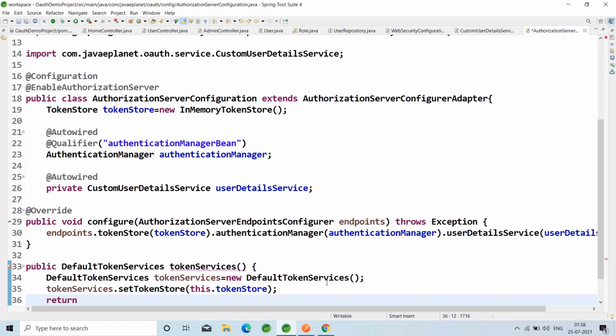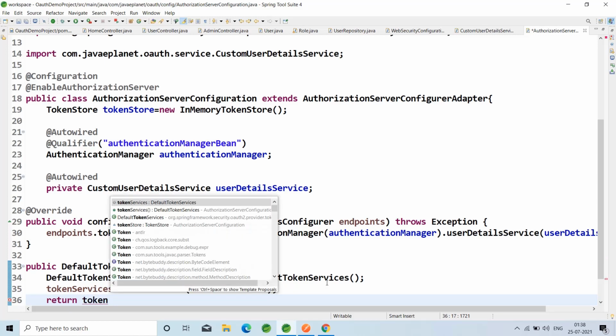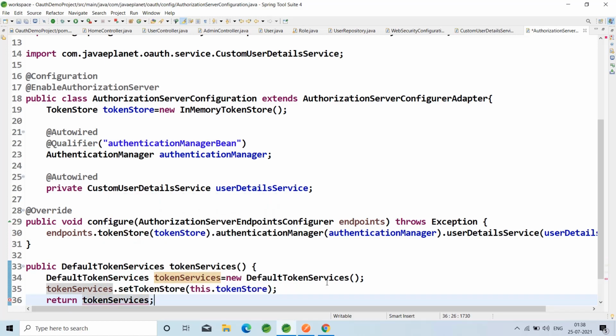Return the token services. Control shift F to format.